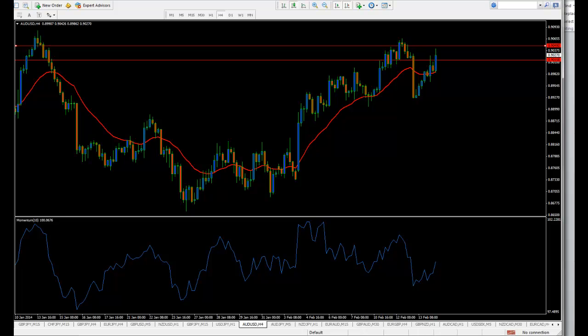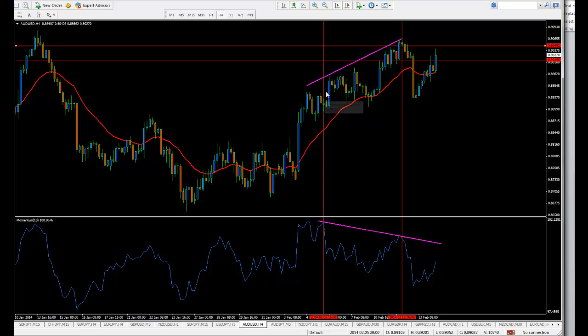I've already put in the divergence here so you can see that our 4 hour had a real nice divergence. Okay, so this is where our high, and this is where we started diverging. And so between these points you can see we clearly have a nice divergence. Okay, so what we're looking for then is a break of the